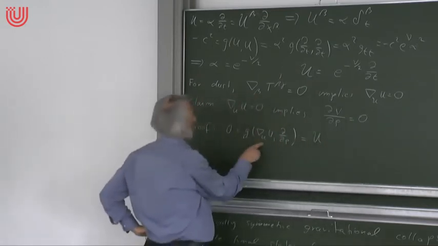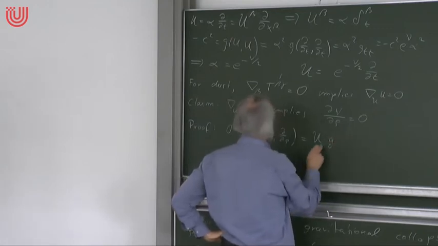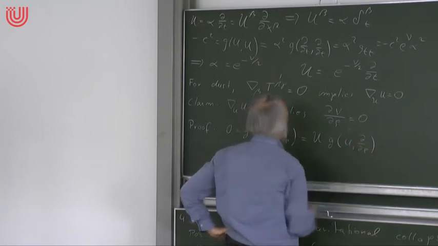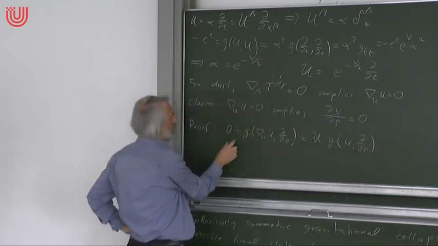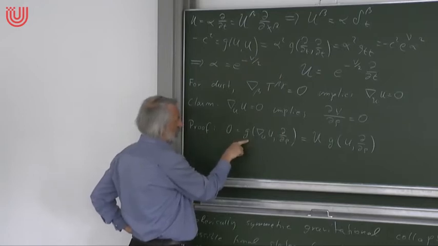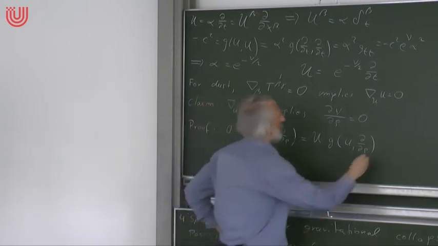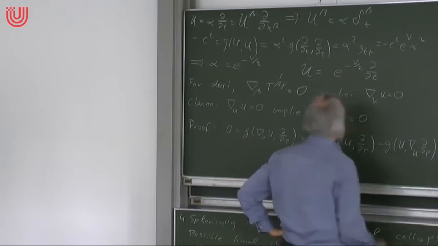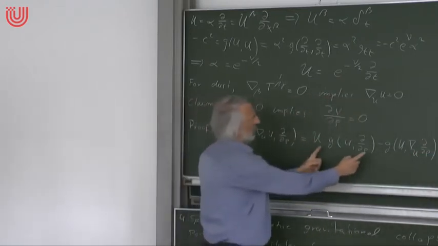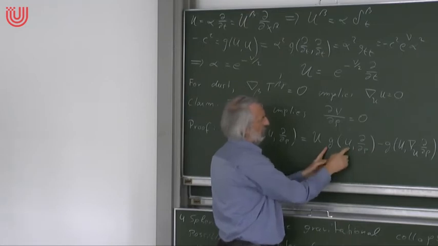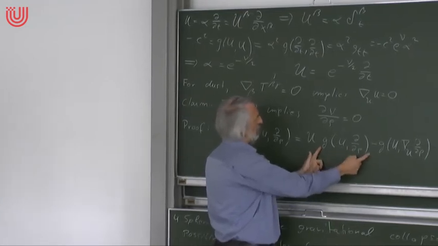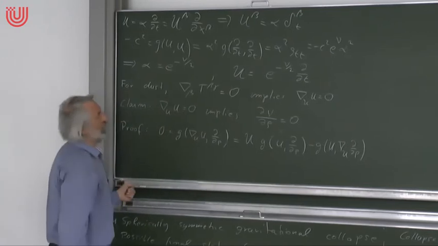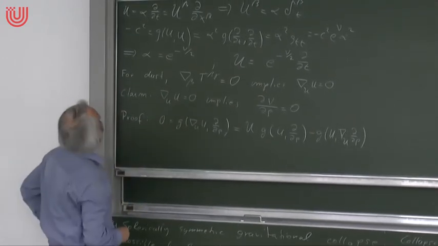So this would be with a compatibility rule between the Levi-Civita derivative and the metric. That's a kind of product rule, right? So I can take this derivative out of the whole thing. It's compatible with the metric, so the derivative of the metric gives nothing, and then I get the derivative of this term here, d by d rho. So this is to be read in the following way. This is a scalar function: a vector field inserted into the metric gives a scalar function, and this vector field is applied as a derivative operator to this function. Okay, now let's insert our expression for u.